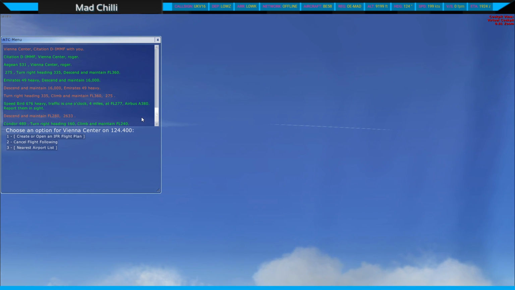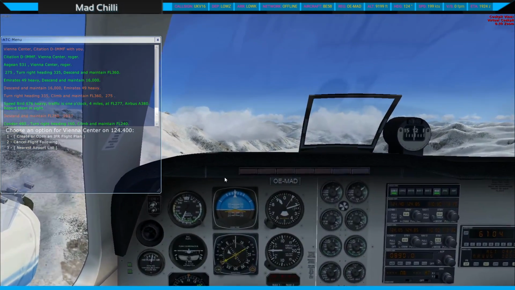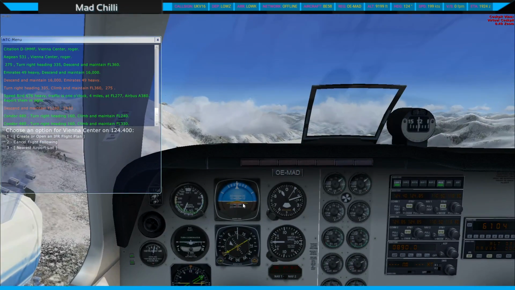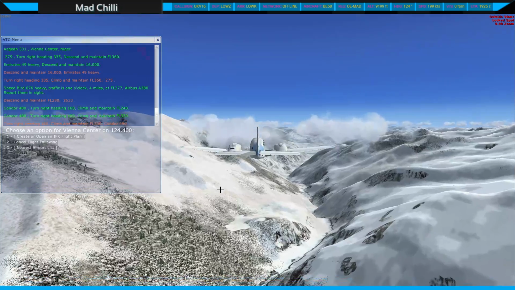Condor 480, turn right heading 160, climb and maintain flight level 240. Turn right heading 160, climb and maintain flight level 330. Turn right heading